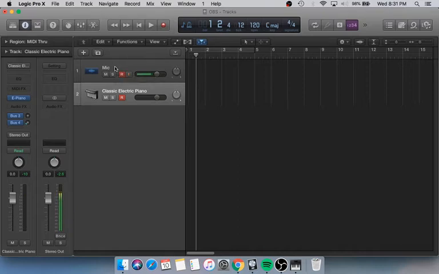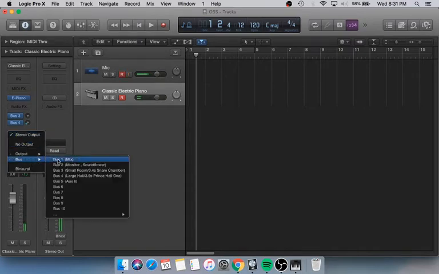While we're streaming, we want it to be as real as possible. Obviously there's a slight broadcasting delay, but that's not going to affect your audio. So what we're going to do is, instead of it going to the monitors directly on the stereo out, I'm going to send it to a bus, and I'm going to send it to bus number 1.